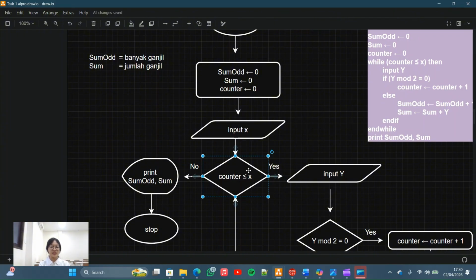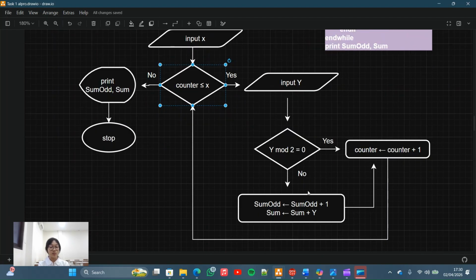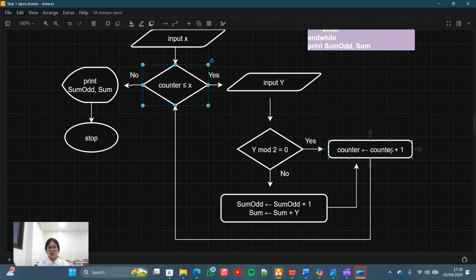Then this decision asks, is the counter less than or equal to x? If yes, the user must input a number again, we name it y. Then the program asks, is y modulo 2 equal to 0? If yes, counter plus 1. And if no, sum odd plus 1 and sum plus y.